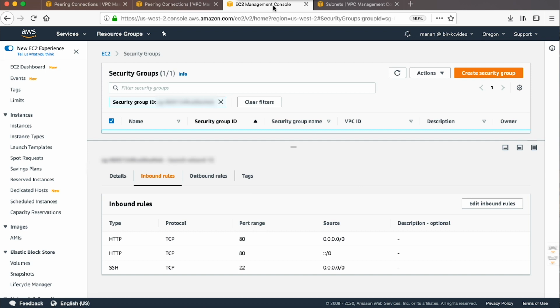Check that the security group of the instance permits outbound traffic to the load balancer associated with the subnets. Note that I am using the default security group for demonstrating this test.